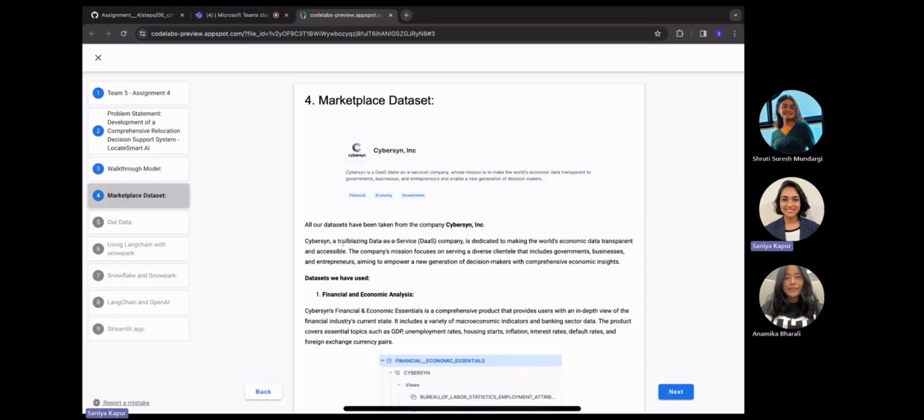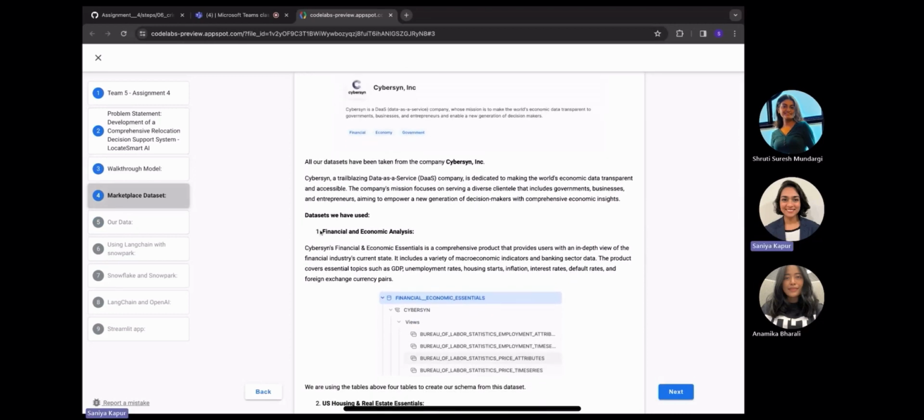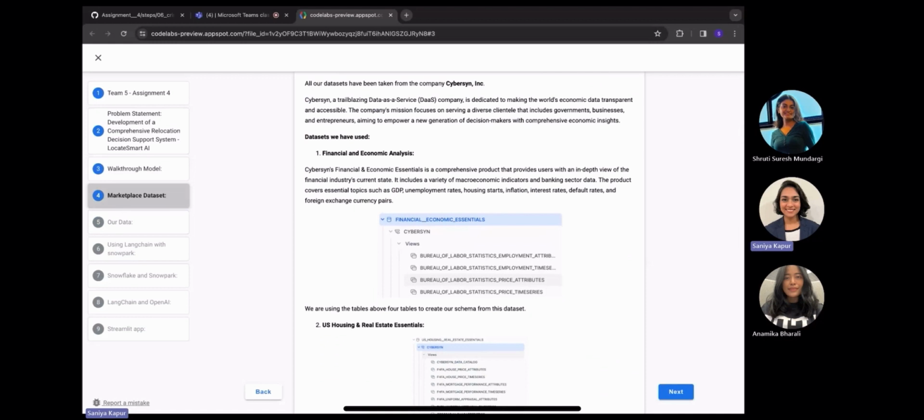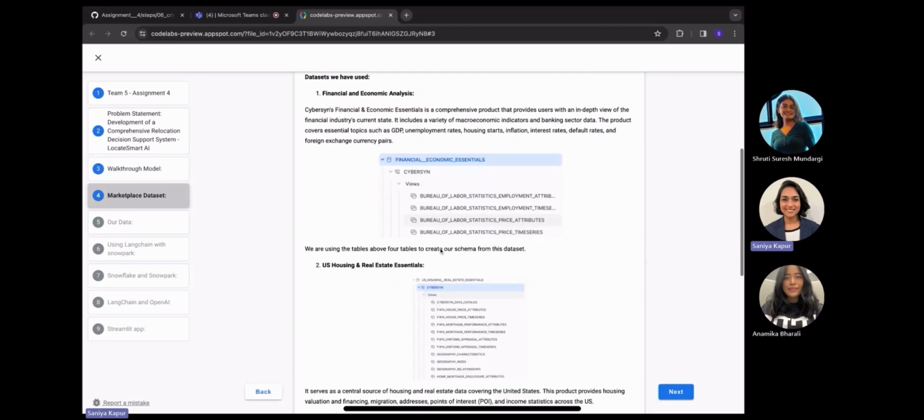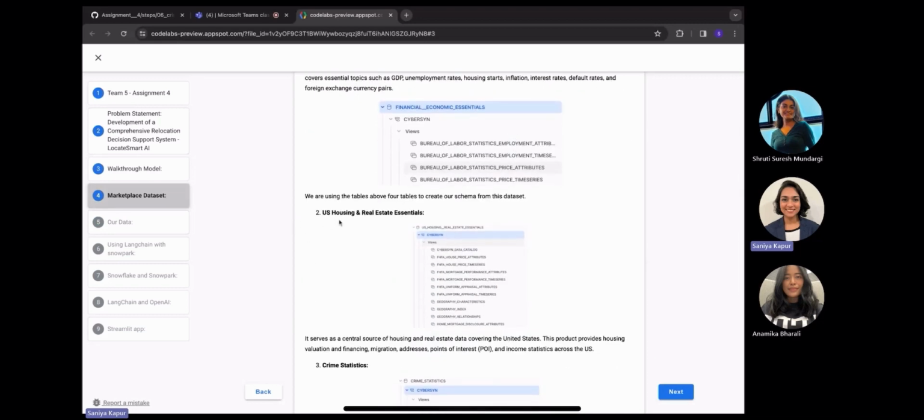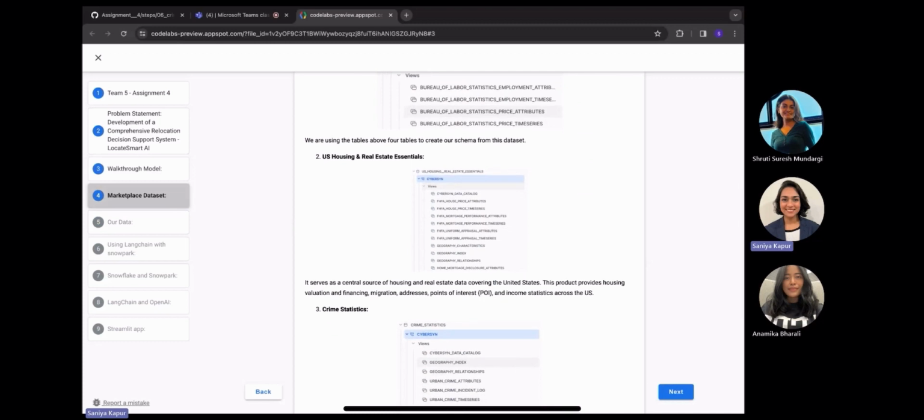We've taken our four data sets from CyberSync. The first one is financial and economic analysis. It has all the details about inflation, unemployment rate, housing starts, interest rates, etc. that are important to understand, whether in that city, these stats really matter. Then we have U.S. housing and real estate essentials. In this, we have the mortgage prices, migration rate,